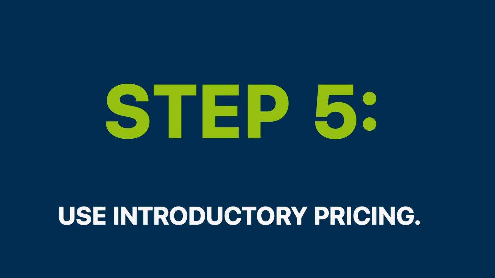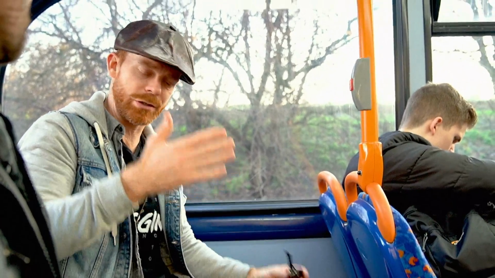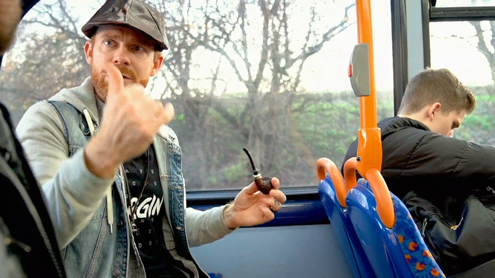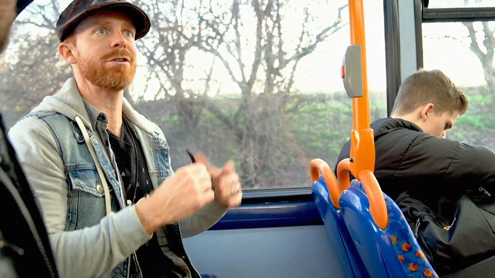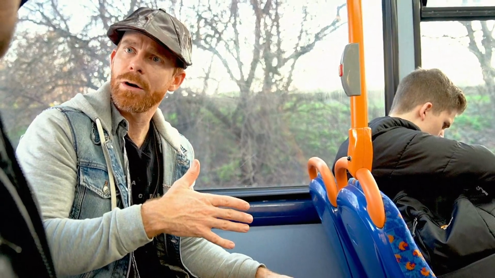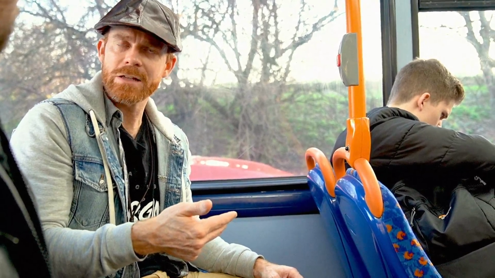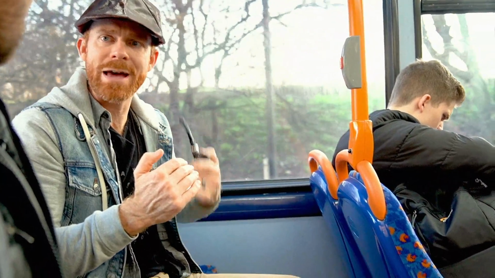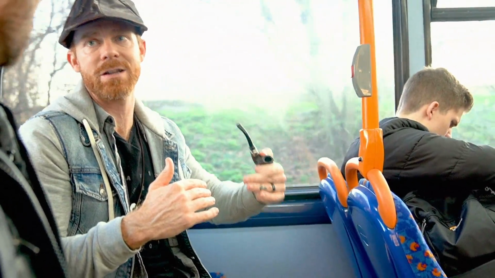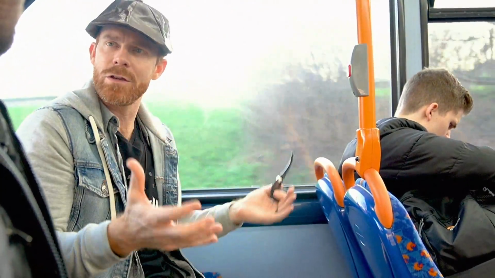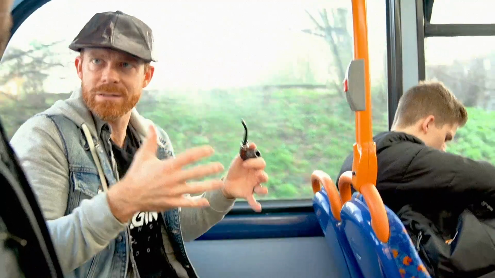But here's the other piece. Your introductory pricing is different than your target price. When I mentioned $57, just a little bit below the price of the top competitors in a range of $40 to $60, introductory pricing might put you at $37, significantly lower. And you're doing that because at the beginning, you want to get as many buys as you can. Having that lower price oftentimes gets you better conversion at the beginning, which gets you more sales, which increases your chance of getting more reviews, which makes your listing safer and safer and safer.